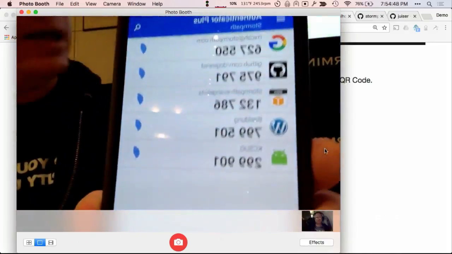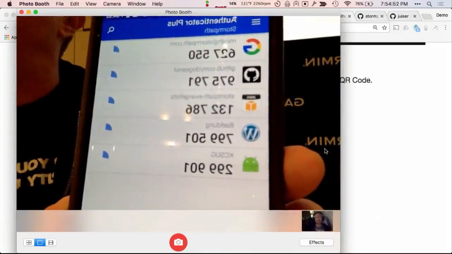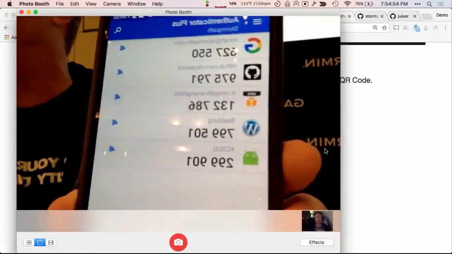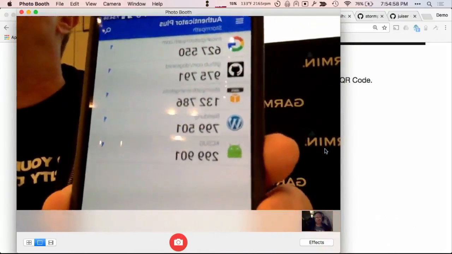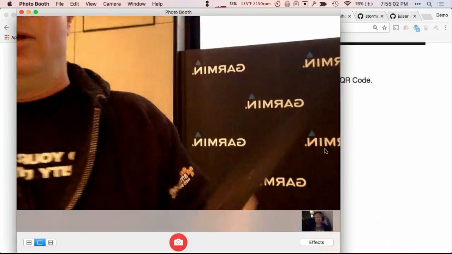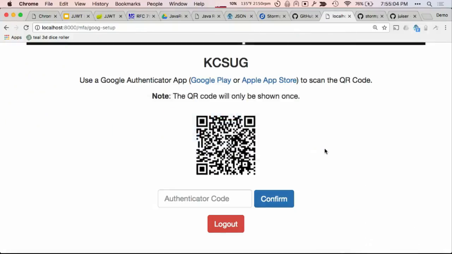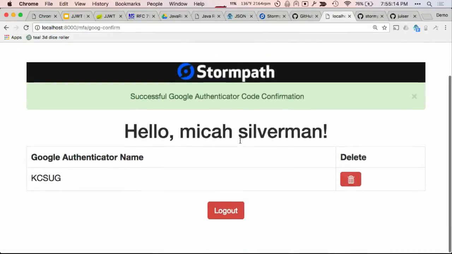Can you all see that? It'll be backwards, but at the bottom there, that's the one that I just scanned in. So it has the name that I gave it. If you want to break into my accounts, you have a minute to do so, but you've got to read the numbers backwards. What I can do now is put in the latest code that I get here, 457231, and now it tells me that I was successful.